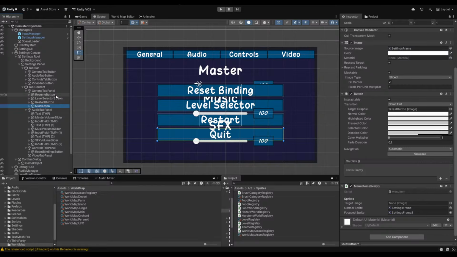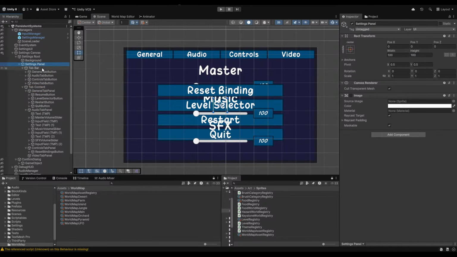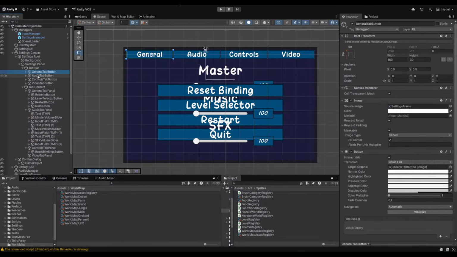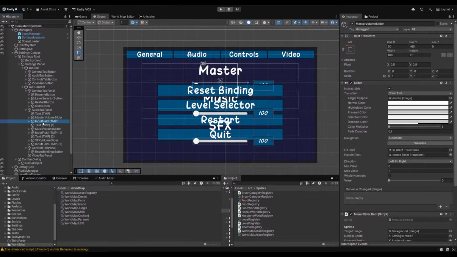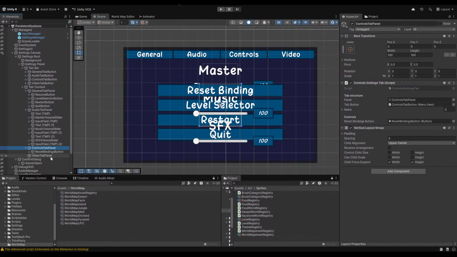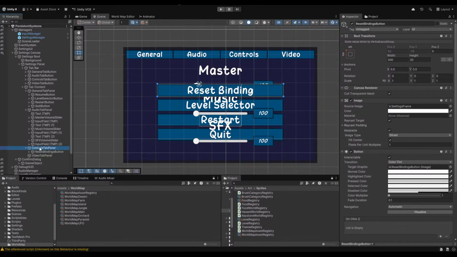So here we have these 4 buttons. And then up here, I believe, where I think I put it on, yeah, okay, no, this is for settings. I don't remember how I did it for here. I put it in one of these objects. I always get lost because this area sucks. Not the audio one. Actually, yeah, audio one I had to do special because it uses sliders, and that was annoying. And then here we should have, yeah, control settings tab, which has nothing at the moment. But yeah, okay, that should be fine.